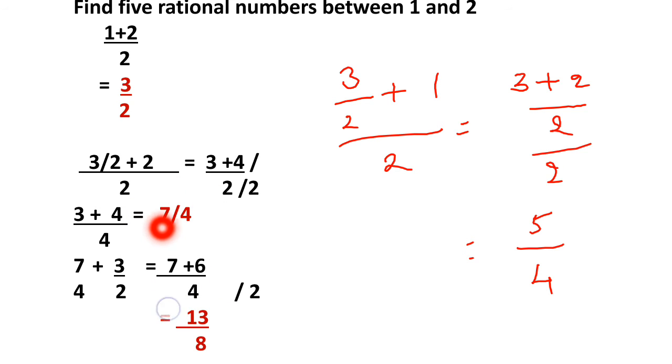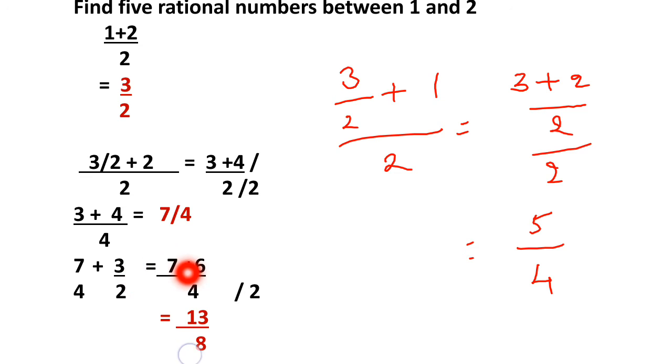Similarly, if you want to find out the number between these two numbers, we have to find out the rational number, means we have to take these two numbers, 3 by 2 plus 7 by 4. So if I am taking this 2, I will get like this. See, 4 is the LCM here. Then 4 ones are 4 and that one I am multiplying with 7. 7 ones are 7 plus.